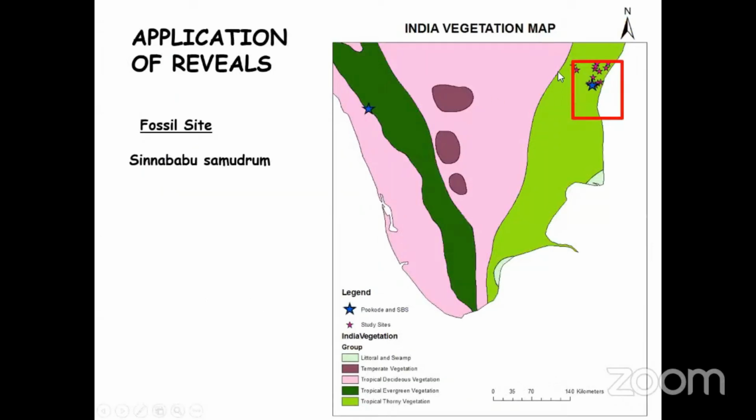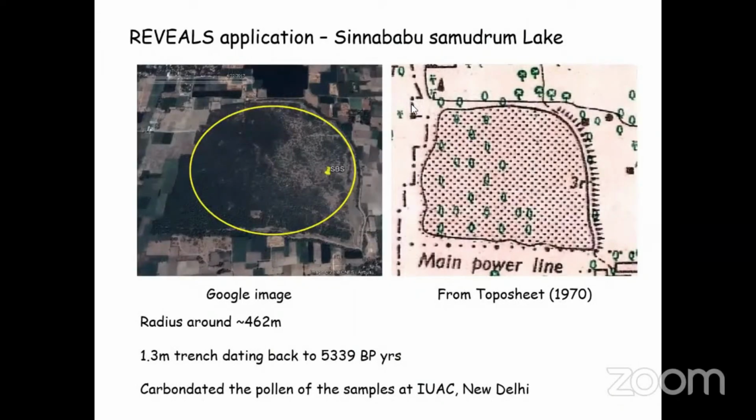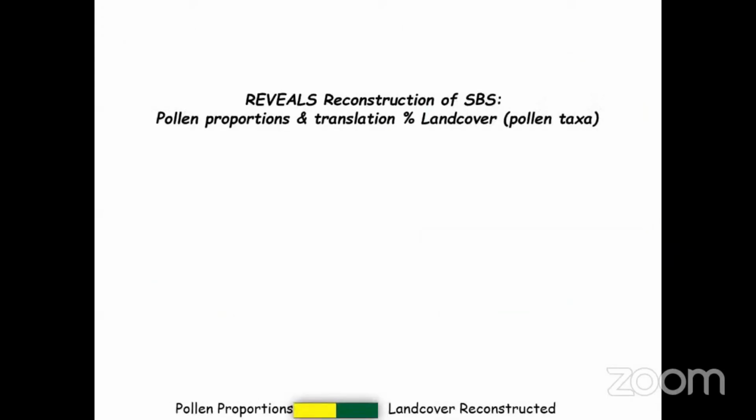So this is a site which is called Chinnababu Samudram. It's in Villupuram district, and it's very close to Pondicherry. And here we got a 1.3 meter trench. We were not able to core here. And this trench dated back to nearly 6,000 years. So this was a very great thing. And we also got the pollen record, similar to the record that we got in Pottapuram Cheru,